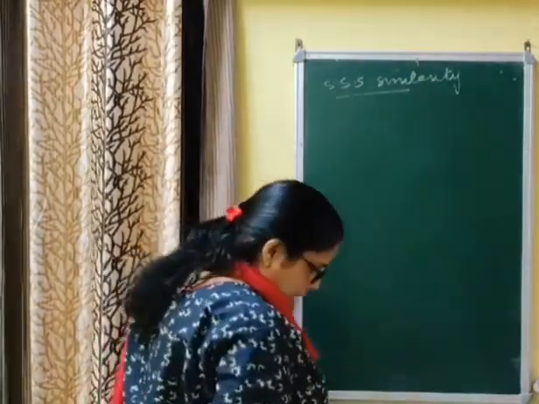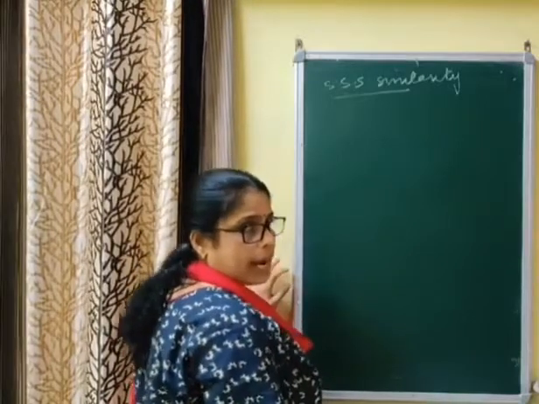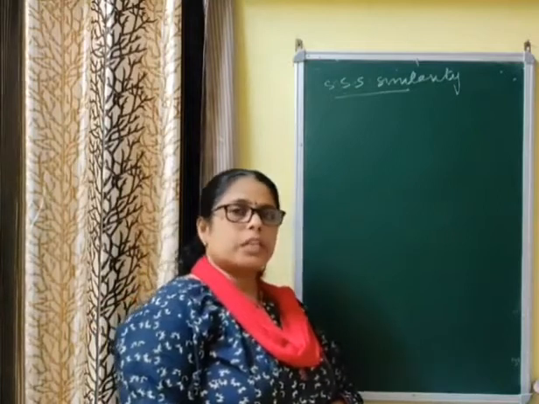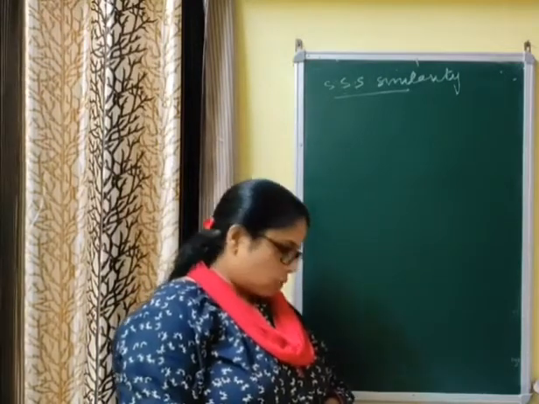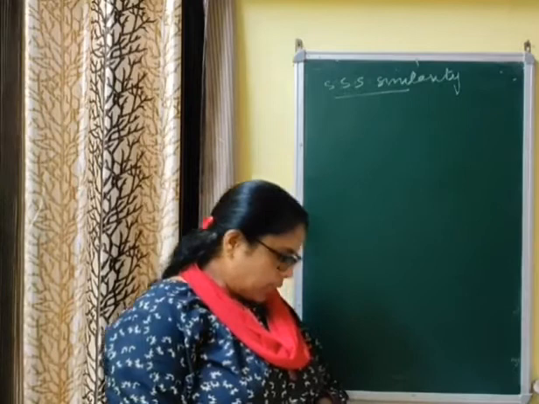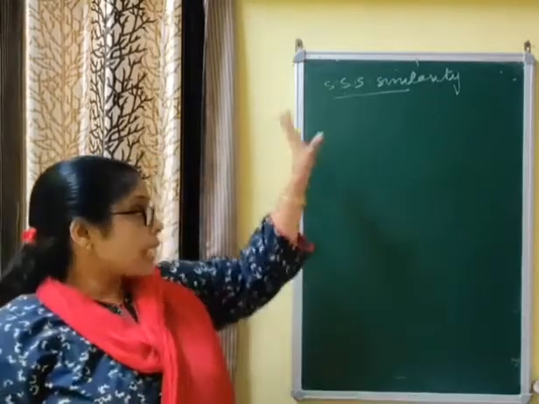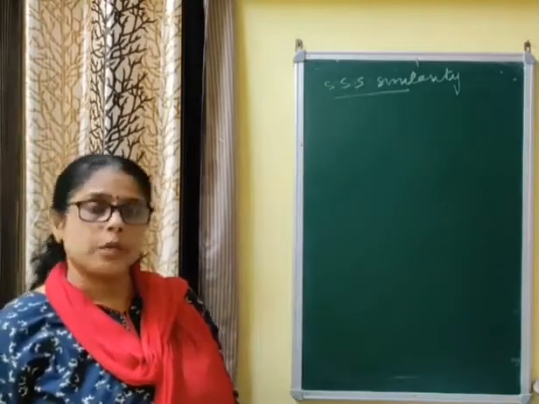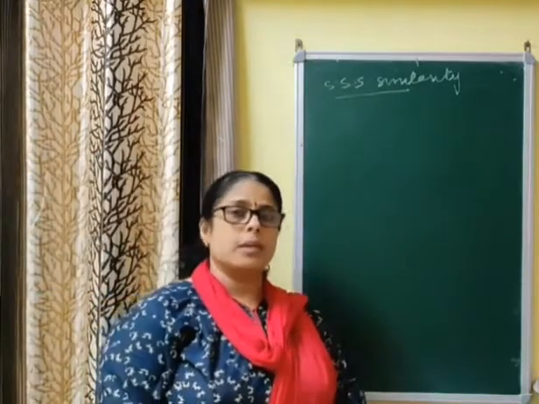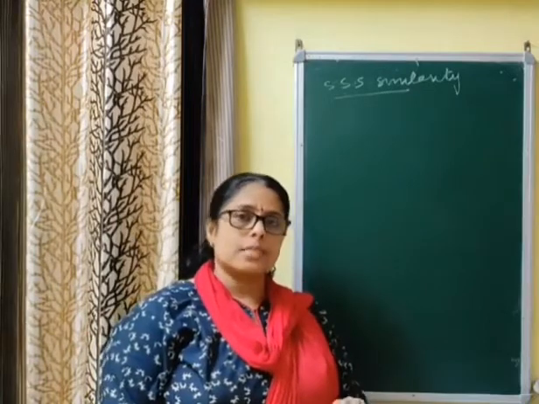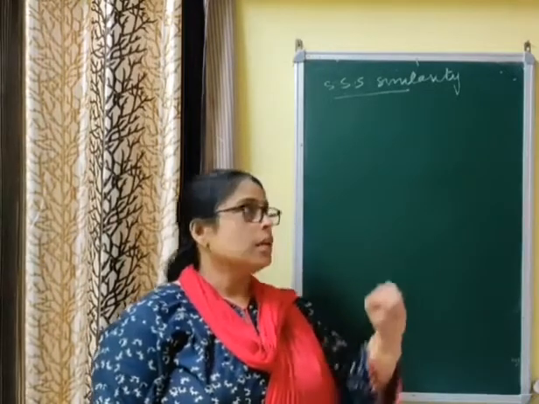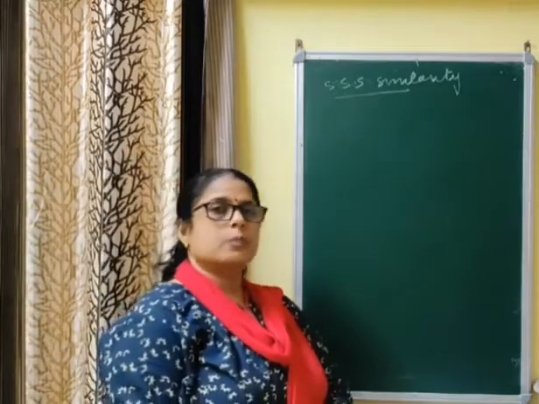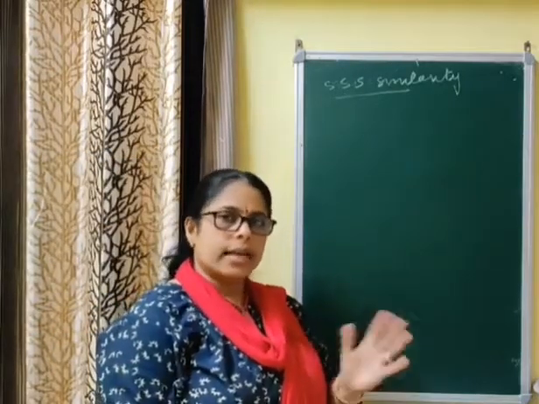I am reading: if in two triangles, sides of one triangle are respectively proportional to sides of the other triangle, then the respective angles of both the triangles are equal and hence the triangles are similar. This is important. The ratio of sides is given equal, so from that you have to show that respective angles are also equal, because if two triangles are similar, respective angles are equal as well as respective sides are proportional. Here you are given that respective sides are proportional, so you have to prove that respective angles are equal and hence the triangles are similar.